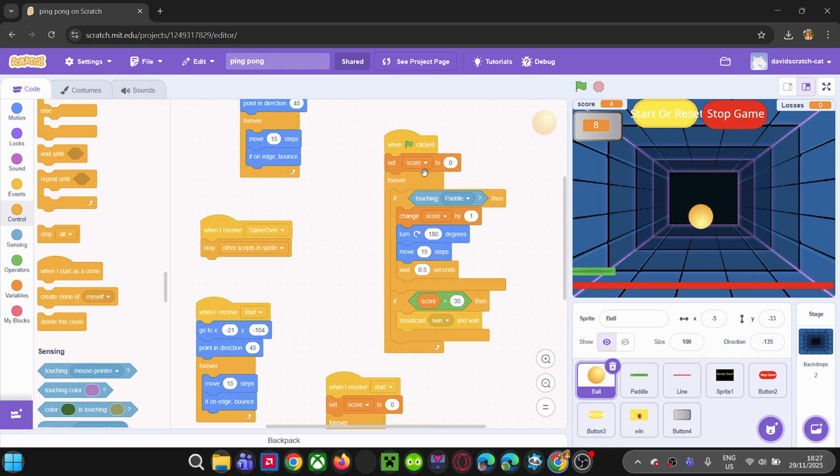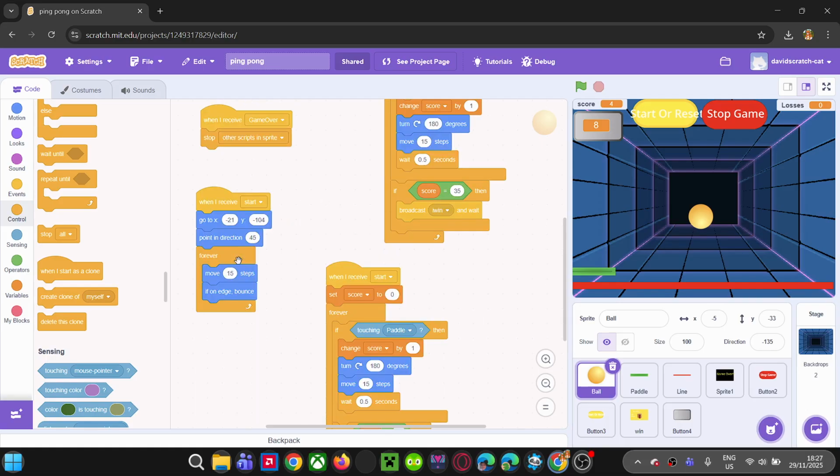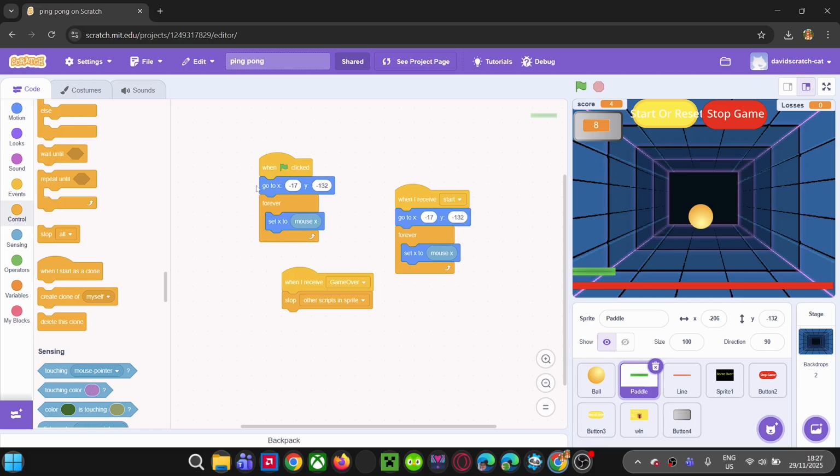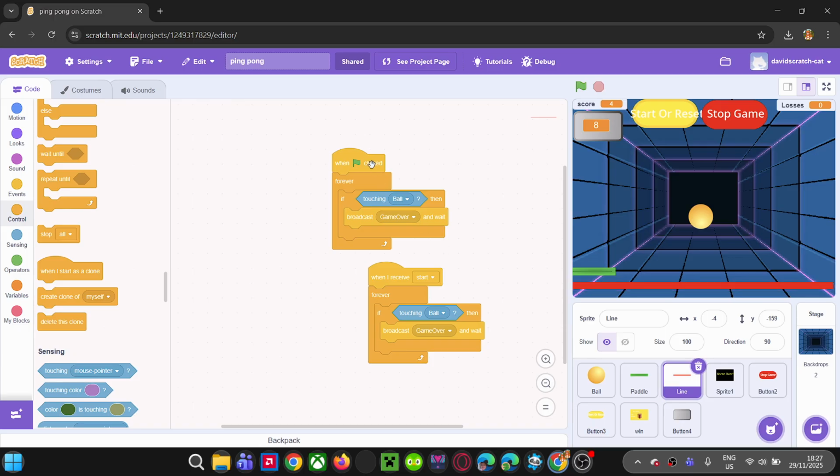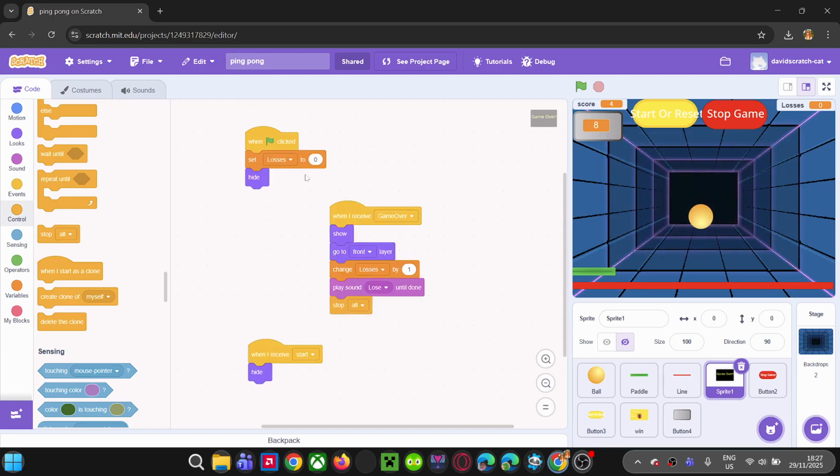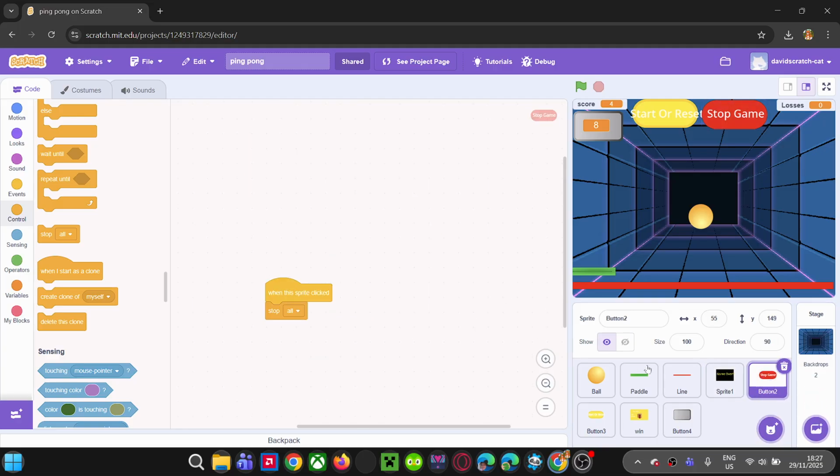First, second, third, fourth, and fifth. Second, paddle: first, second, third. Line: first, second. Game over: first, second, third. First,